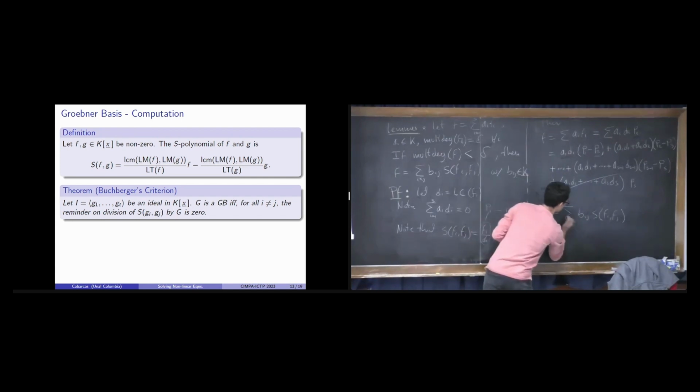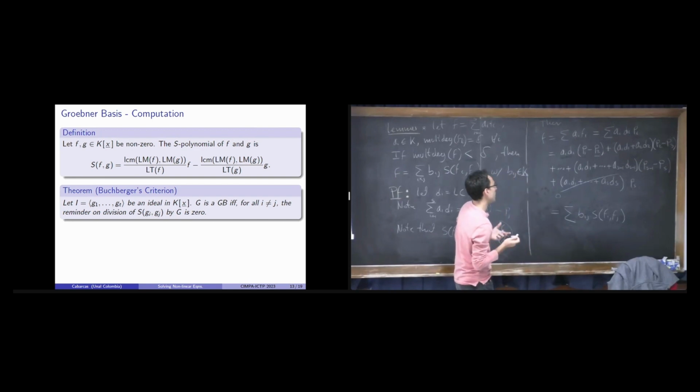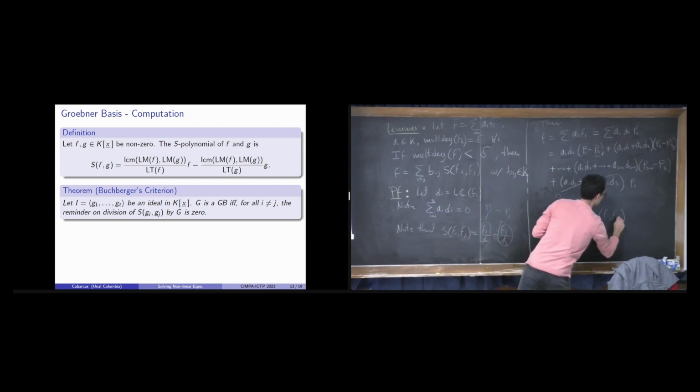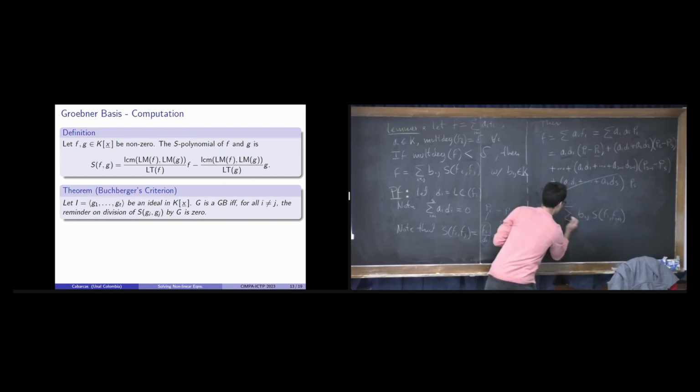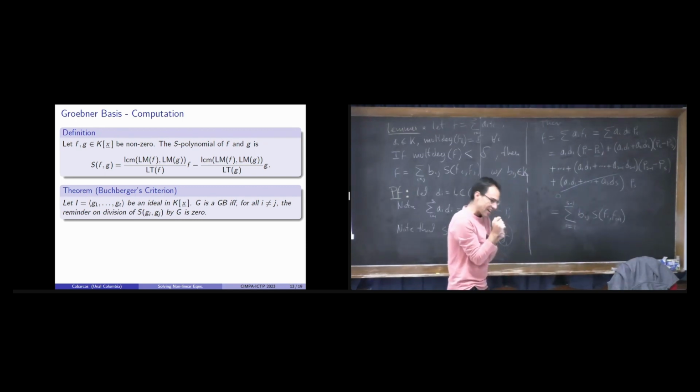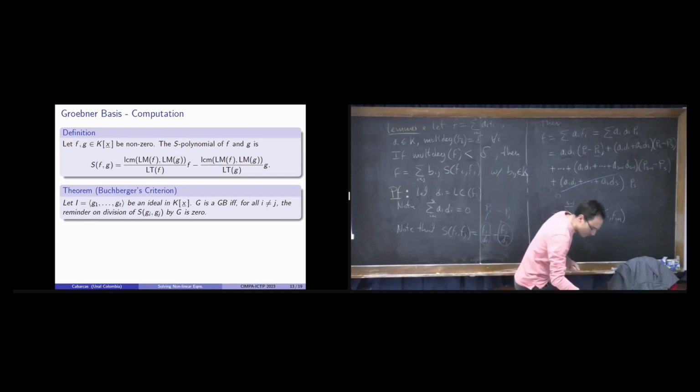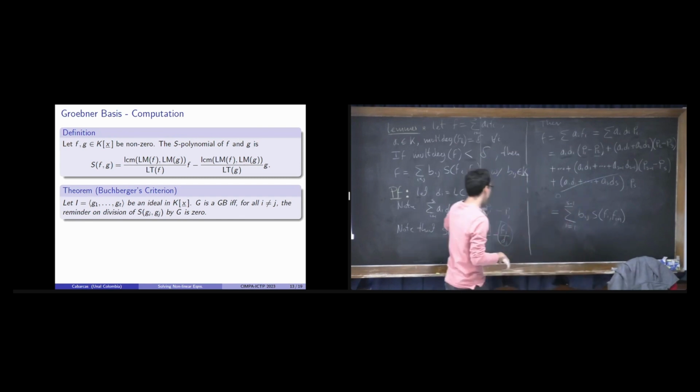In fact, you don't even need all of them. In this case, we only needed a few. So this is j equals to I plus 1, so this is, say, I plus 1 from 1 to s minus 1. Which also hints us that this basis for the syzygies is much more than you actually need. But okay, we got the result.